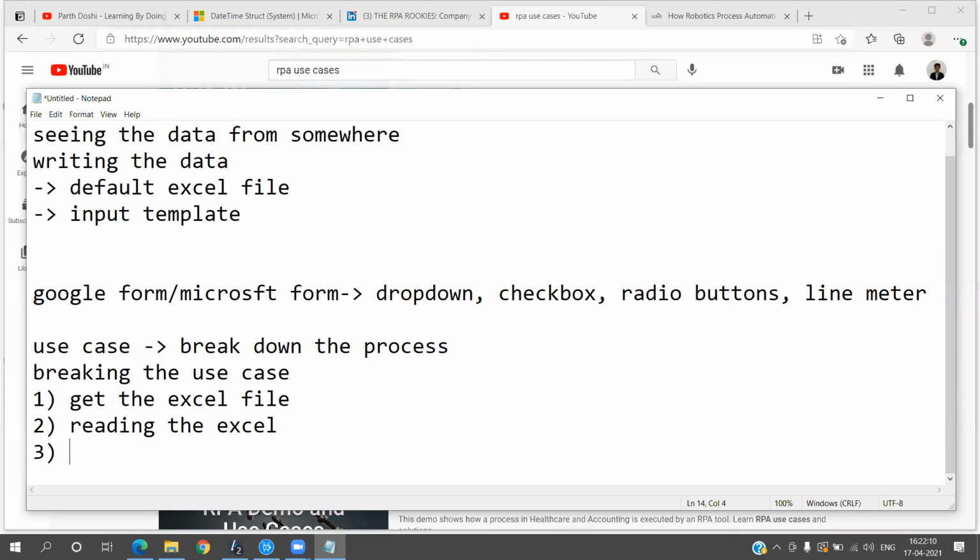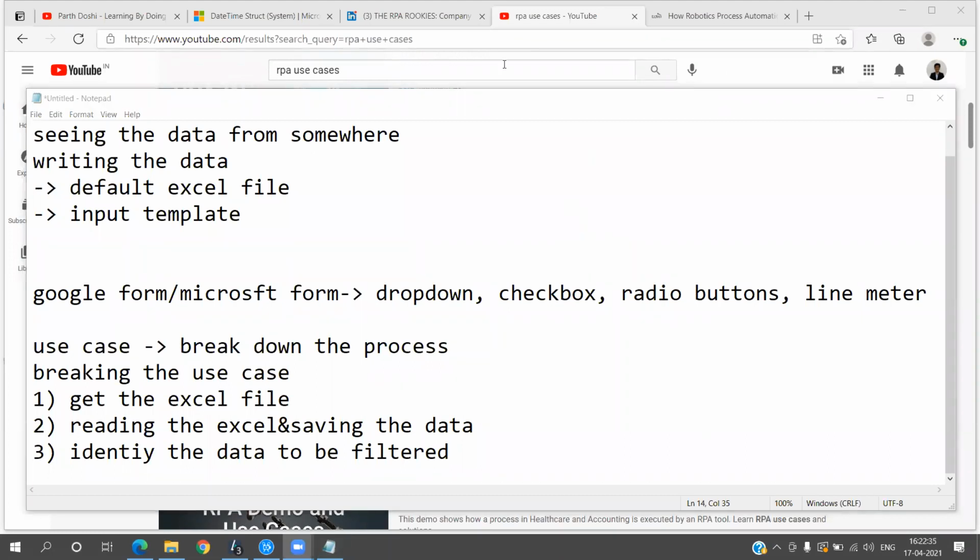Now again, coming back to breaking the use case: get the Excel file, read the Excel file, right? Reading the Excel file is also equivalent to saving the data. Then identify the data to be filtered.